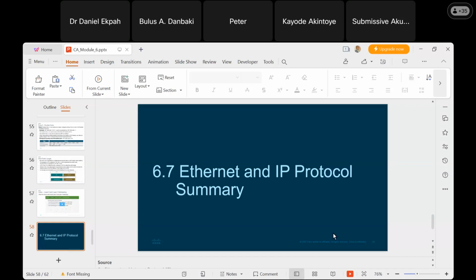So the Ethernet, like we said from the beginning, is the 802.2 and the 802.3, which takes care of both your layer 2 and layer 3. So it provides that interface for LAN connectivity. And then the IP protocol, we've taken our time to look at IPv4, saying it's best effort delivery, it's media independent, it's connectionless and all that. We actually looked at those characteristics for the IP, and then we went further to say it as IPv4, IPv6,